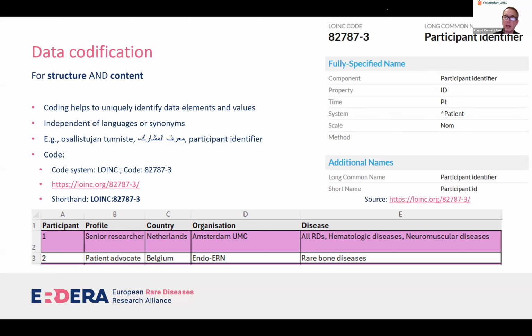And well, the important thing is, as I said, it helps to uniquely identify these data elements. And here we see the example of the LOINC code with some descriptions. So it is patient identifier or participant identifier, and the short name is participant ID.